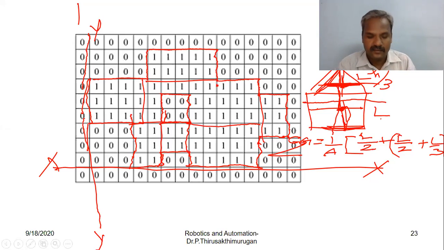Okay, so with this the feature extraction is over. Next is object recognition.